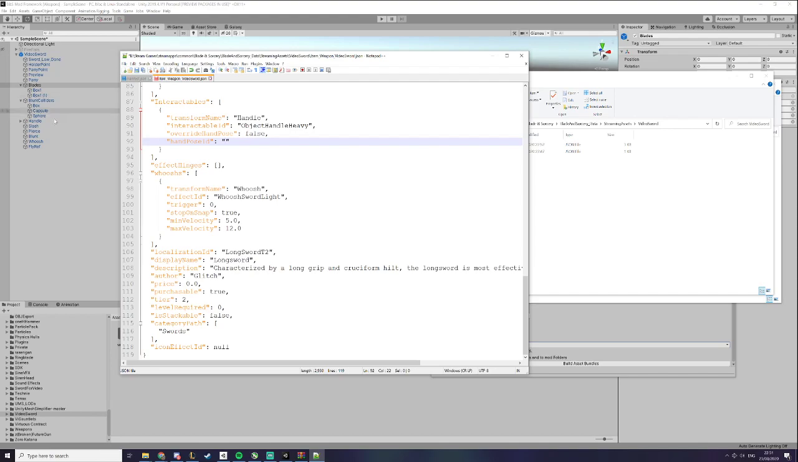The transform name is obviously the name of the handle itself. Now the localization ID, you kind of have to change. I don't know what it really does. Display name then displays what is called in game, so I'll name it video sword. Description is kind of what the description of the weapon is when you click on it, so I'll just name it as an example. There we go. The author then is you,